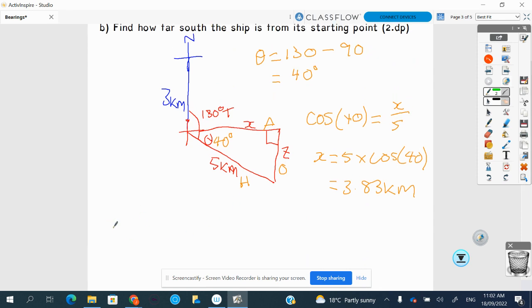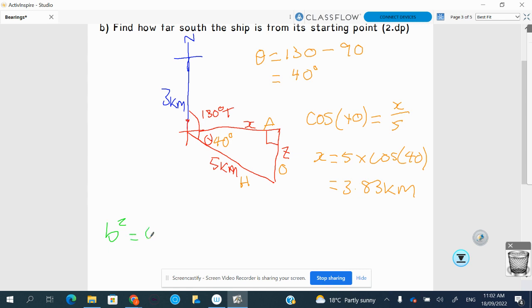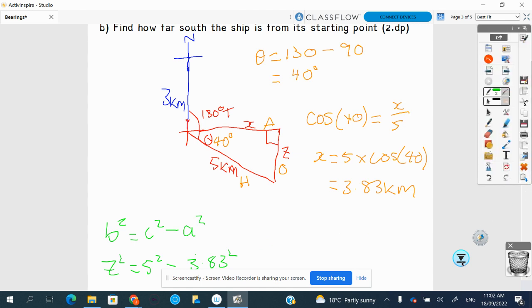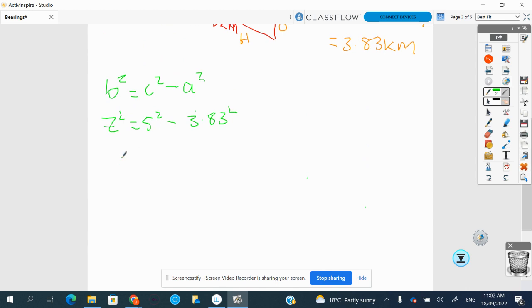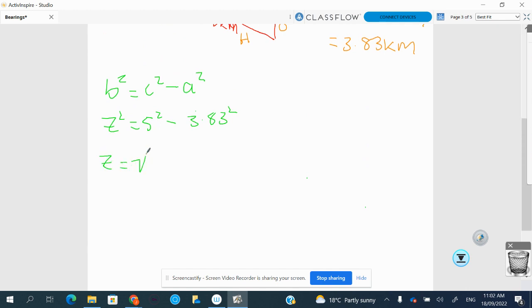And so we know in Pythagoras that b squared equals c squared minus a squared. So z equals, our c is going to be 5, the hypotenuse, minus x, which we now know is 3.83, all squared. Go down a little bit further. So our value for z equals the square root of 5 squared minus 3.83 squared. And if you type that into the calculator, you'll get